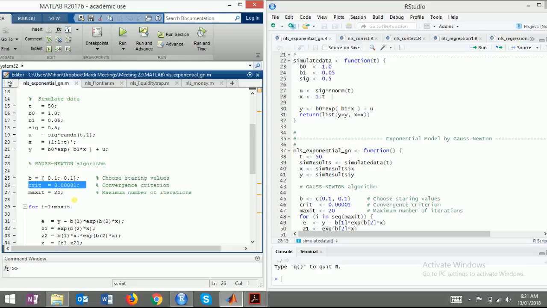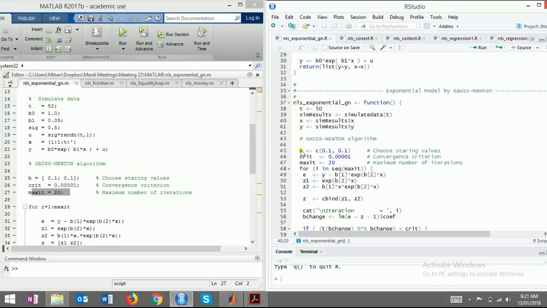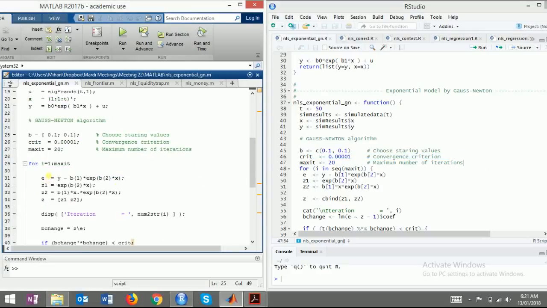And we want to define maximum number of iterations, which is 20. This is new. Let's see how R is handling it. Starting values, default convergence criteria, maximum iteration, nothing. Okay, there is no. So for i equals 1 to 20, up until the maximum number of iterations, we have